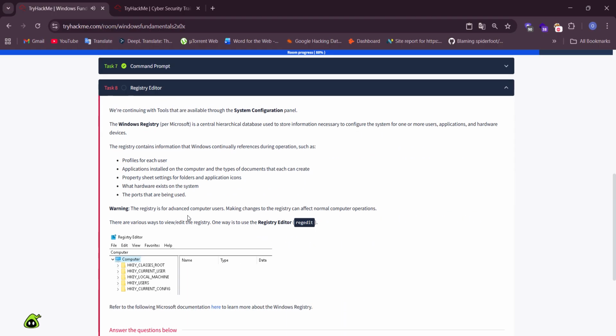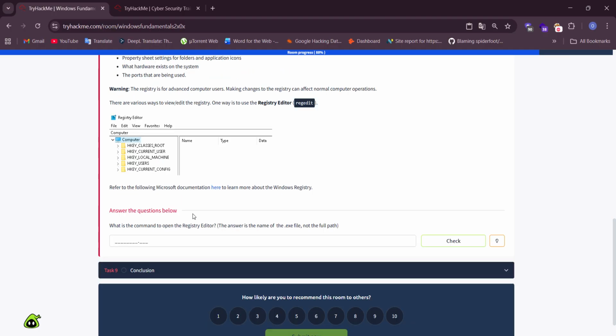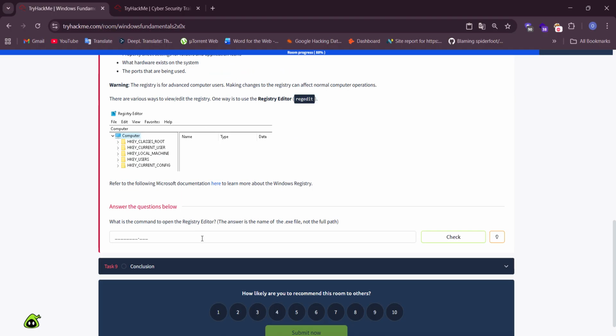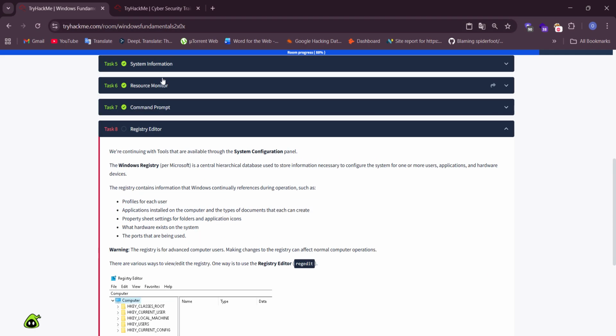Okay, Registry Editor, the Windows Registry. What is the command to open the Registry Editor? Registry Editor is useful.